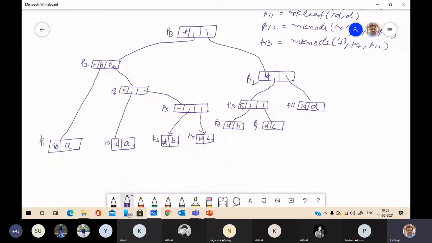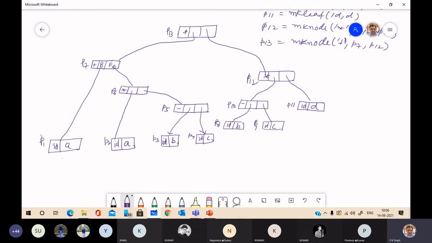Okay, similarly, if you see P5 and P10, you can easily find that by the previous discussion, this link is attached to P3 and this link is attached to P4. Both parent node are doing same operation. So what you can do, you can replace this entire, you can directly connect with P5. Okay. So you will get, just see.